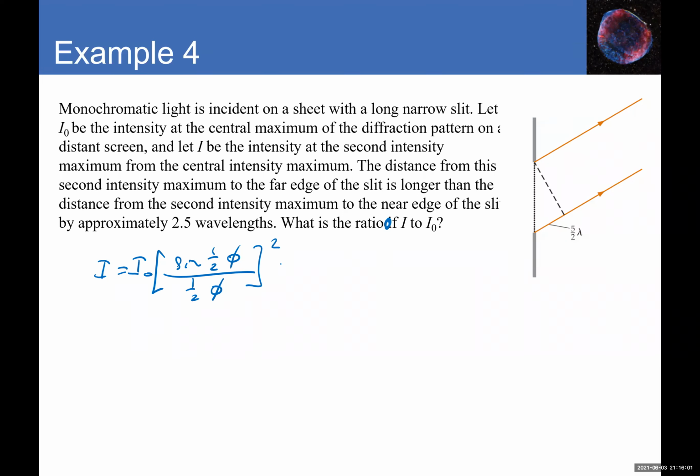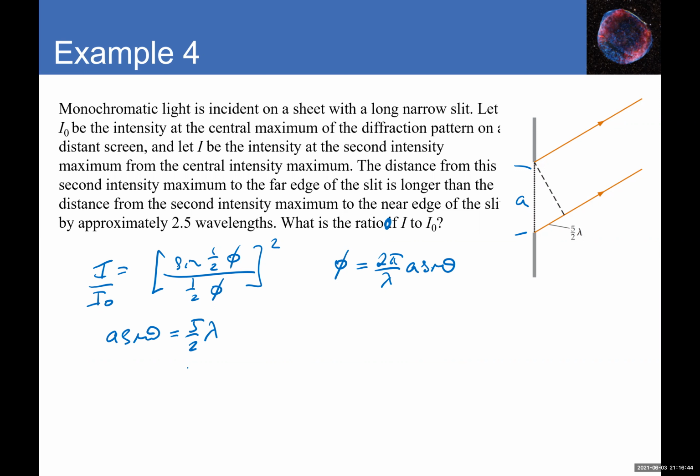of a single slit. And in this case, the phi here is pretty much the phase difference. So taking the ratio, dividing both sides by I naught, then we get that. Okay. So then phi is equal to 2 pi over lambda times a sine of theta, because this distance is a, since this is a single slit. Okay. Now a sine of theta is equal to 5 over 2 times lambda,